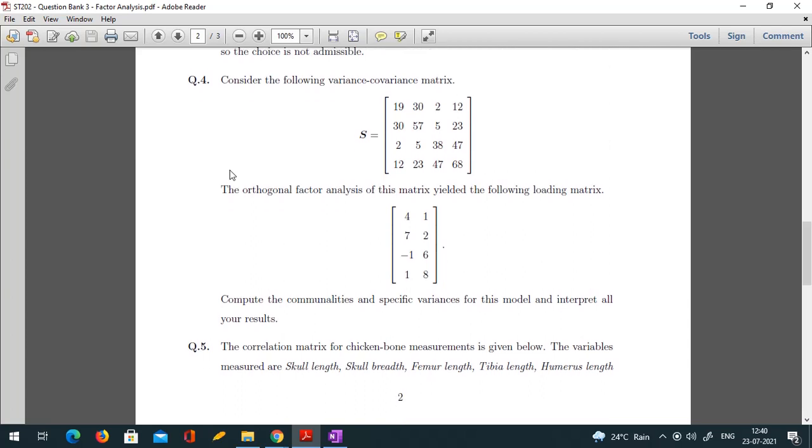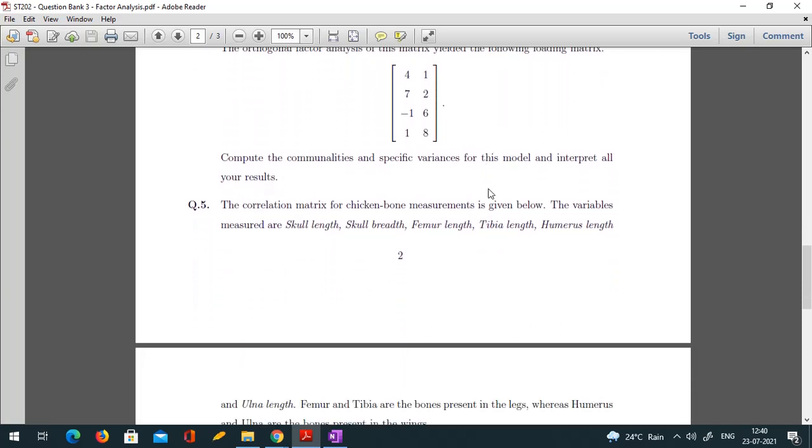Okay, so this is again a variance covariance matrix, and the loading matrix is given. So using this loading matrix, you have to compute commonalities and specific variances. Commonalities would simply be the square of this plus the square of this. So the first commonality will be 4 square plus 1 square. Am I right? Or is it something different? Yes, ma'am, it's the same. Correct. Q transpose gives the same. And then once you have commonalities, specific variances you can obtain by using these sigma i's minus the commonalities.